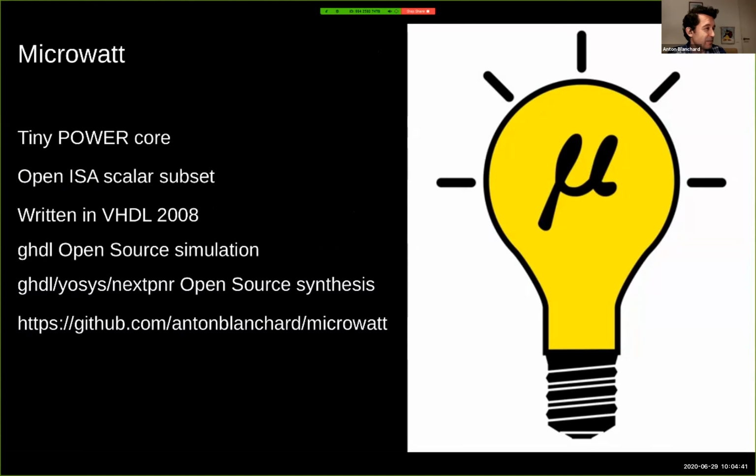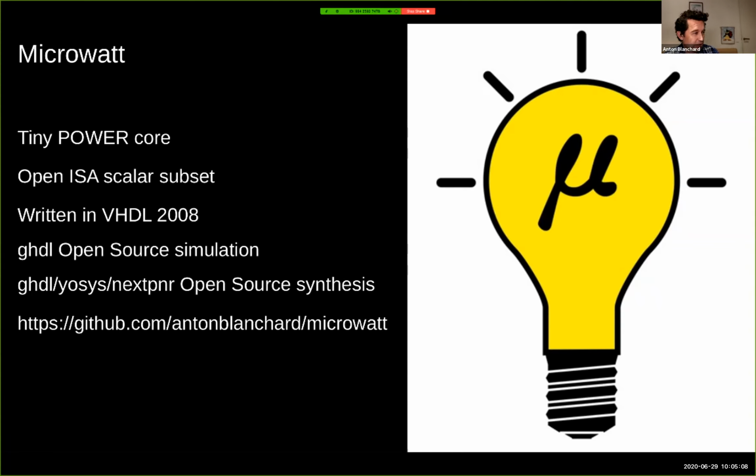Now inside IBM, we have a lot of designs and we have a lot of Verilog and we have a lot of VHDL. Outside, in the open hardware world, I should say, Verilog has been more of the focus. And we were interested as well to push on the open synthesis and simulation space in VHDL. So it's a VHDL based core.